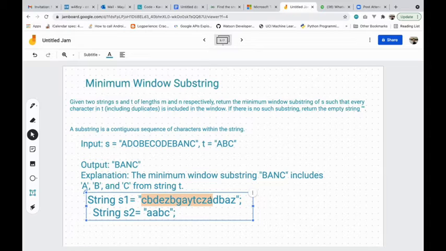So how should we go about this? The first task is a simple one: finding a substring in string 1 having all the characters in string 2.